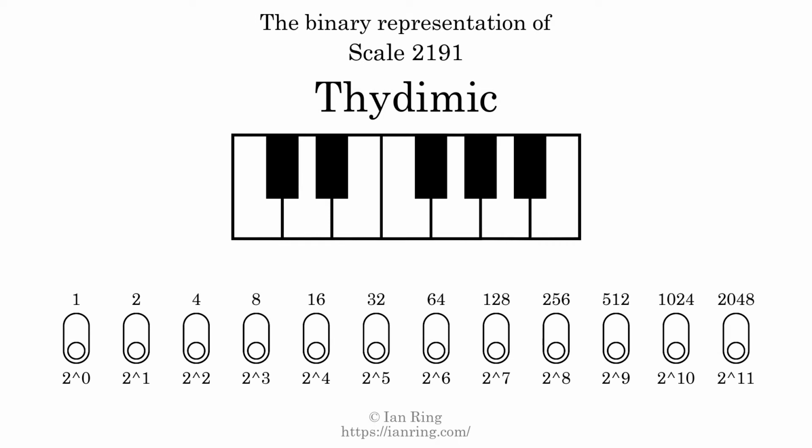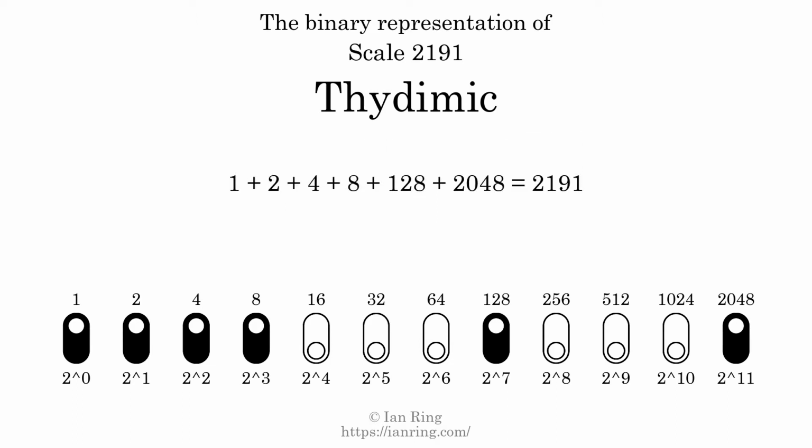The binary representation of this scale is determined by mapping tones of the scale to binary digits. Each binary digit represents a power of 2. To get the scale number, we add the powers of 2 together. The powers of 2 that are present in the scale, all added together, equals 2191. That is why the scale number, in decimal, is 2191. The scale number not only enumerates the scale with a unique index, but it also literally describes the tonal content of the scale. Represented as a binary number in base 2, the scale number is